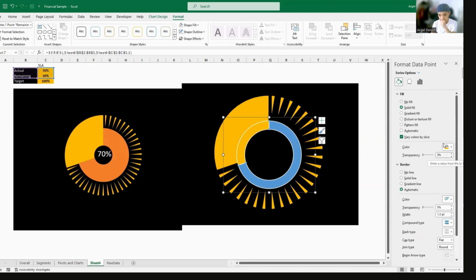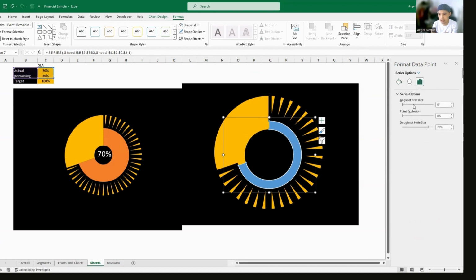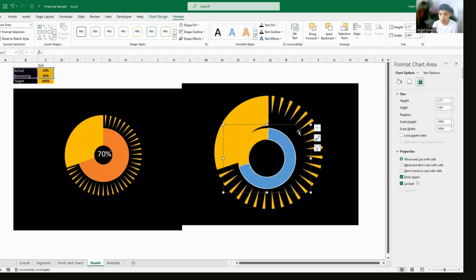Now remove the border, and we will adjust the angle of the slice by slowly adjusting the angle of the first slice, and then adjusting the donut size and the point explosion. I don't think we need to do that. So let's just adjust the size of our pie chart.